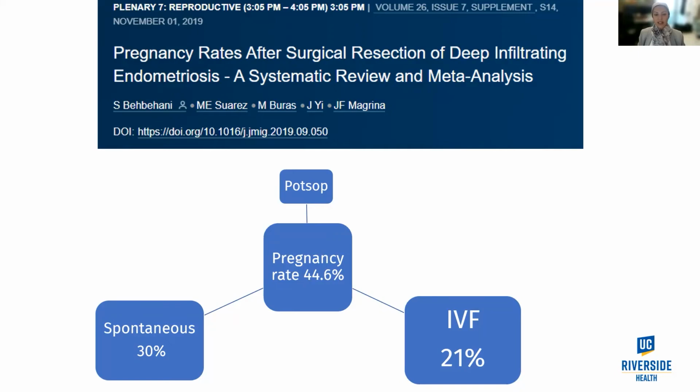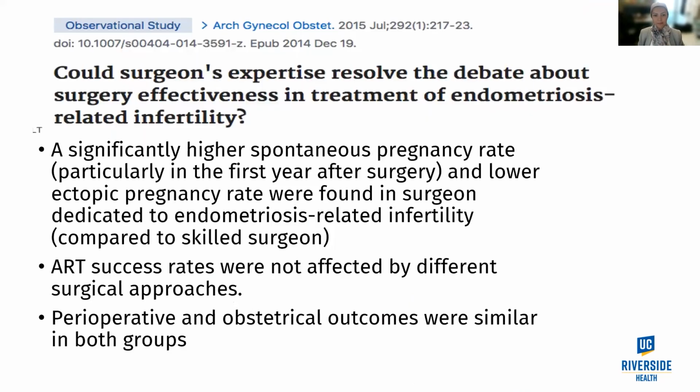And not only that, I always tell my patients, we have 2 issues going on. We have pain and fertility. If I fix one problem and get you pregnant with IVF, you're going to give birth to this baby and still suffer through painful periods. And we don't want that for you. We want you to feel better about yourself before you're ready to take care of someone else. And if you're in a lot of pain all the time, then you're not going to be the best version of yourself for that baby. And so going through surgery helps improve the quality of life and helps us achieve our goals of getting a woman pregnant and getting the pain under control. Next slide, please.